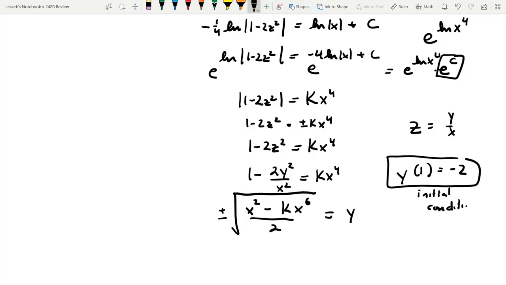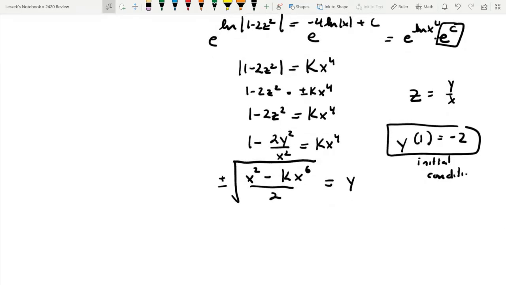Right now we have a family of solutions, so we have a general solution to the differential equation. Using the initial condition will let us pick out the